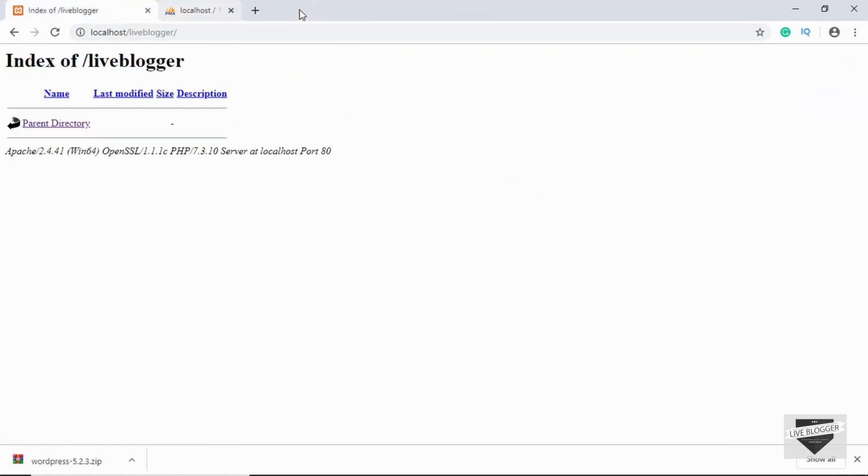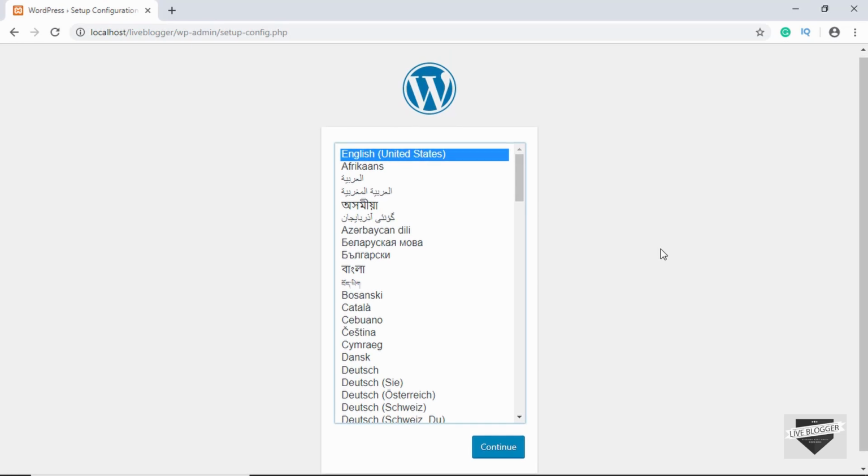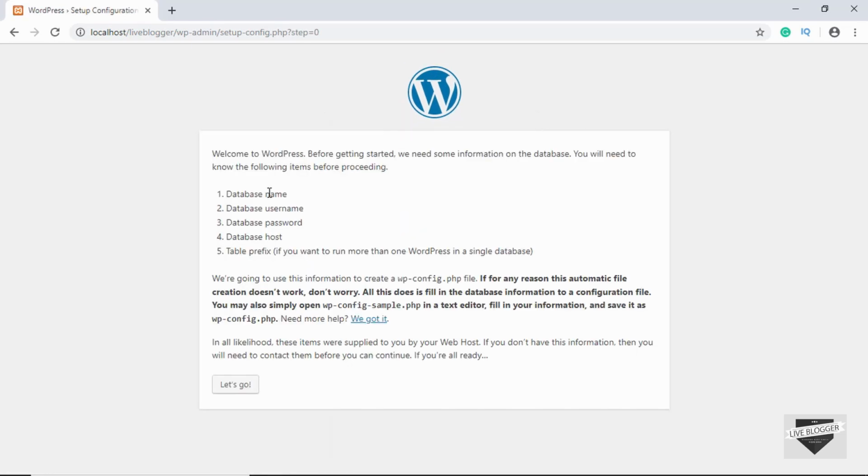Now just go ahead and close this and then go to localhost/liveblogger, and here we can see the WordPress setup configuration page. So just select the language you want and click on continue, and then you need to have the database name, username, password and host. So just click on let's go,